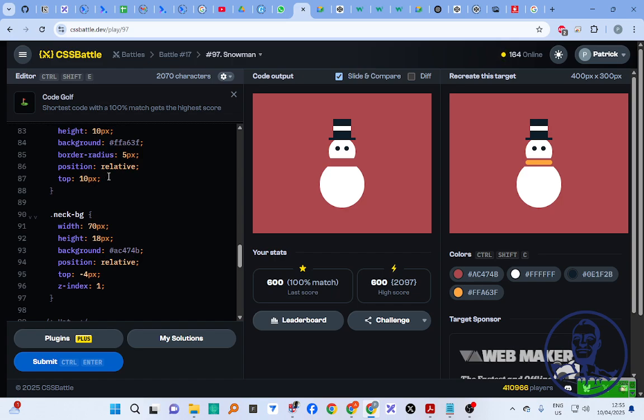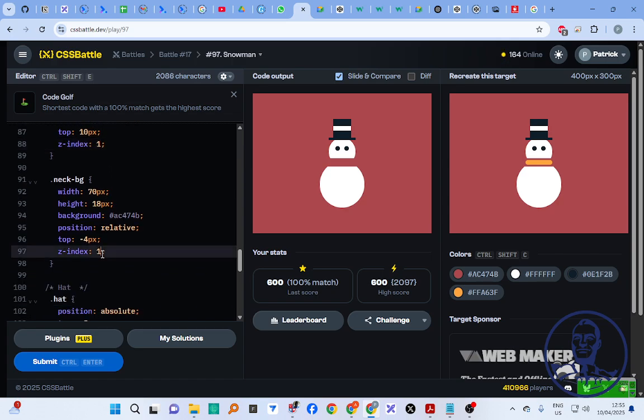So to achieve that, we define the attribute Z index, and now we play with the values in the Z index. If I gave this 1 and then gave this 2, you can see that it's still not visible, simply because the higher the value of this Z index, let's say for example, if the value of the Z index is more from one element to the other, the element with the higher Z index is the one that comes on top of the other, assuming they are placed